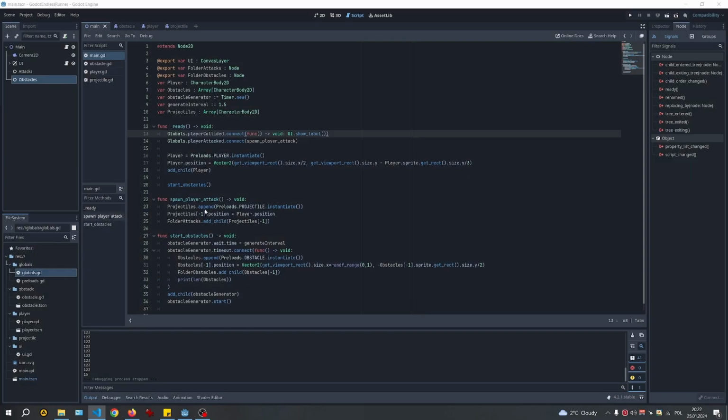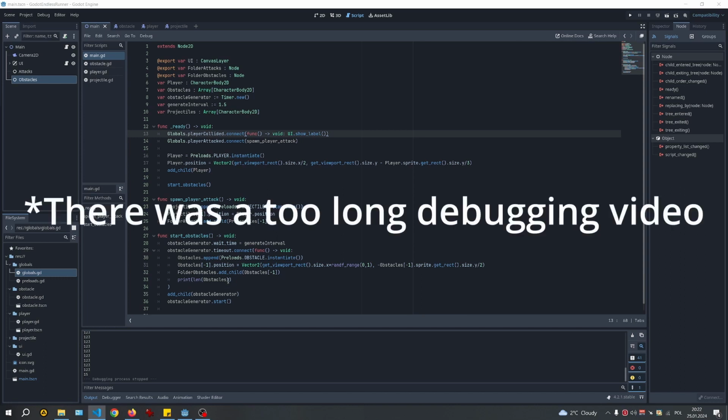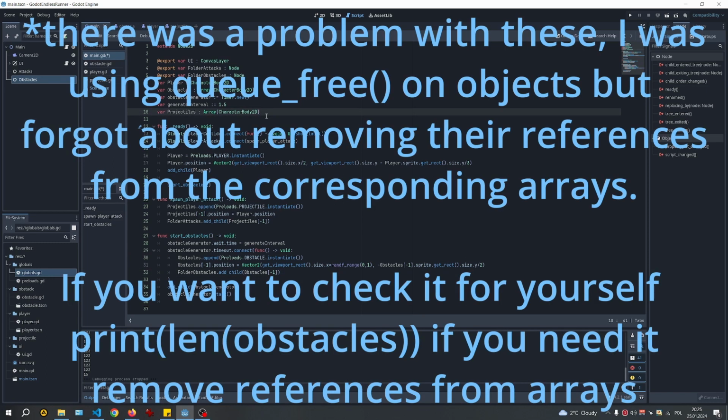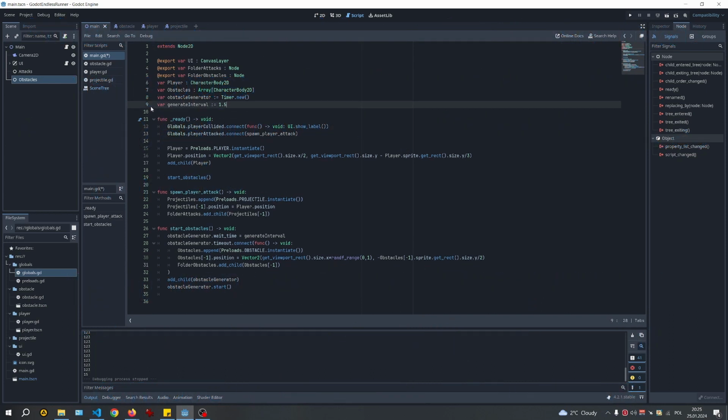It's time to continue now. I've had a little bit of a break, so I have notes that I have to work on the references array and probably make some groups. I am in the main function. I think that I don't need references to all of the objects, so I will remove both the projectiles and